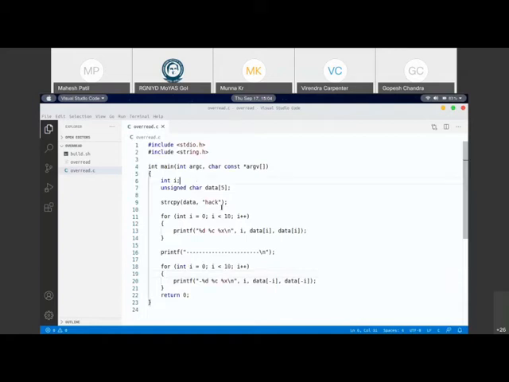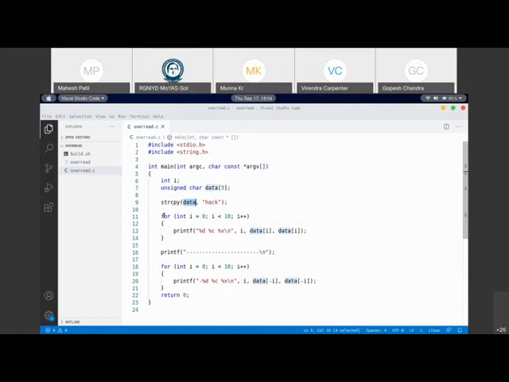It's a very simple C program, and I have a buffer here. As we said, a buffer is a continuous memory location, and this buffer is of size 5. It holds 5 bytes, one for each character. What we are trying to do here is copy some data into this buffer, which is of size 4, maybe 5, including the slash n part of it.